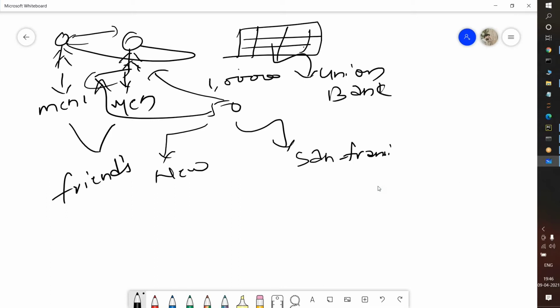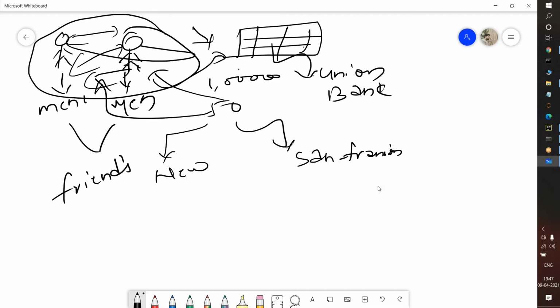Now what will the police do? The police will be in search of these two people, because they robbed this bank and we need to find both of them. Instead of searching for two people separately, they will search for one person. Why?